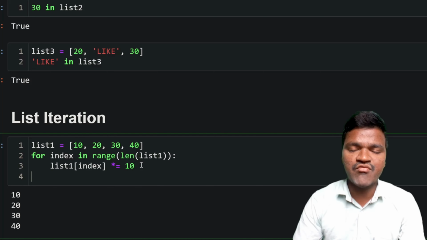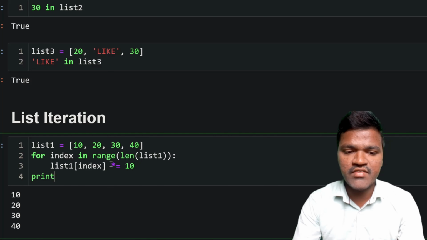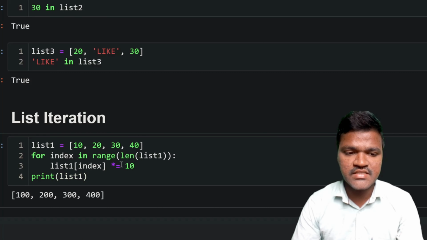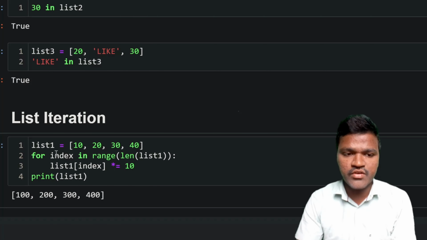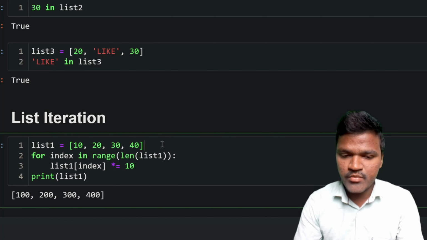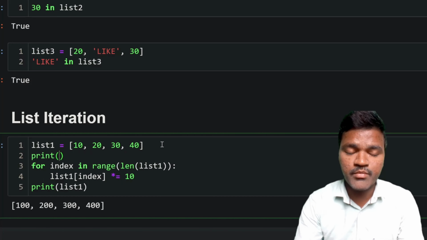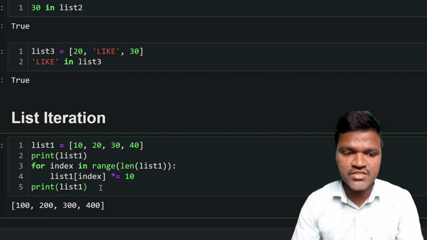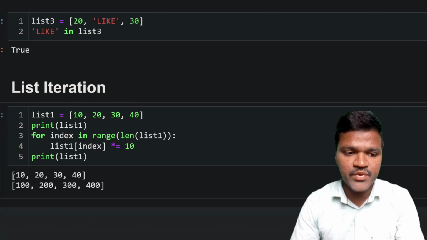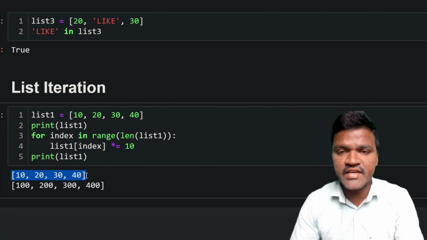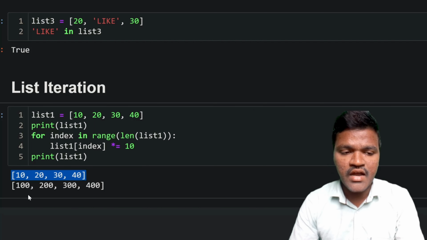At the end, after completion of this for loop, I will print list 1 here. If I execute this, we get the result 100, 200, 300, 400. Previously, you can see the result, right? I will also print the list before this for loop and after this for loop. If I execute this, you can see the difference. Before the for loop, we are getting 10, 20, 30, 40, and after the for loop, we are getting 100, 200,